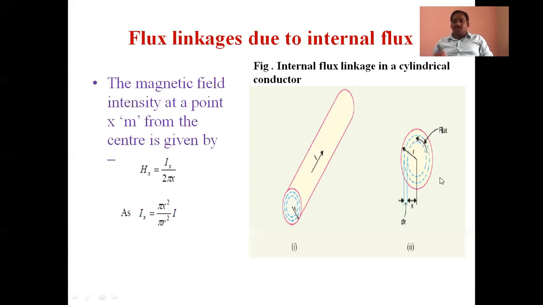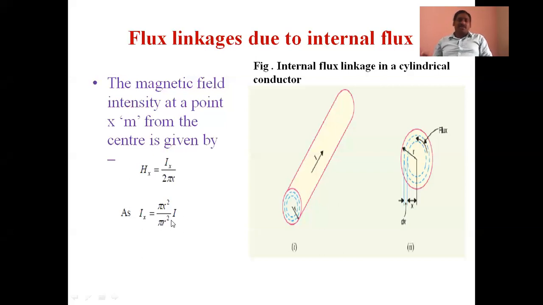Total area is pi r square. Differential area means pi x square. That's why you have to calculate the current through the differential area of the cylindrical conductor, Ix, which is equal to pi x square by pi r square into I here. In this total area, only this much area the current can flow through. First we have to determine how much current flows in the differential area. After that we will calculate the total area current flow and the total flux linkage of a conductor. So first, Ix is pi x square by pi r square into I.